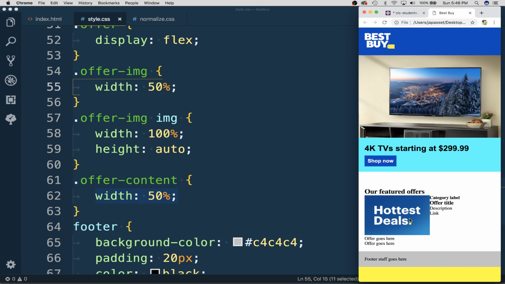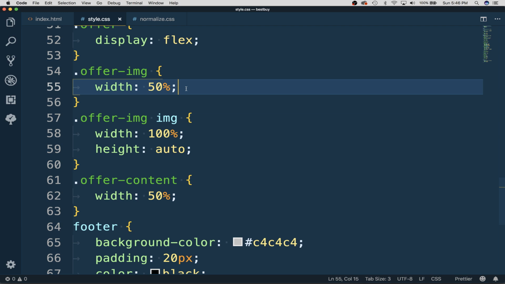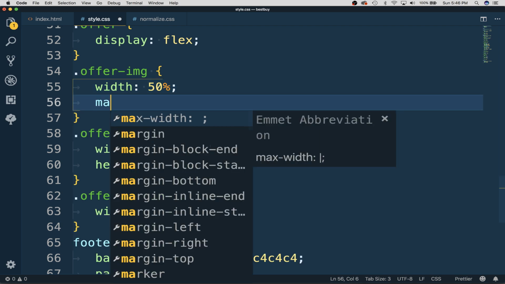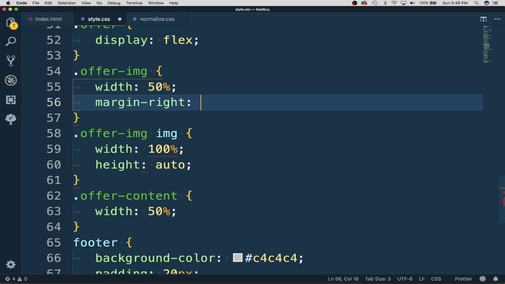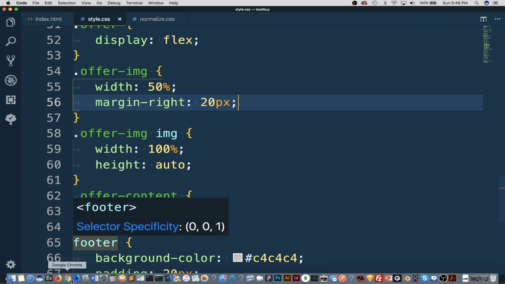Your parent is the offer img column, which is trying to be 50% of its parent space. And look what happens. The image is now 100% of its 50% parent. The text is over there and it's 50% box. To finesse this a little bit, I might take the offer image column and do margin right 20px and have